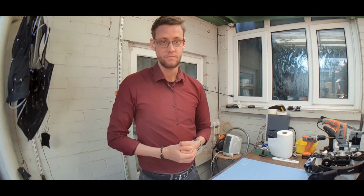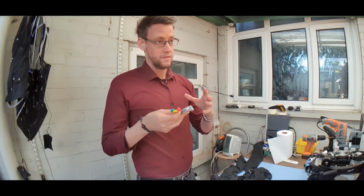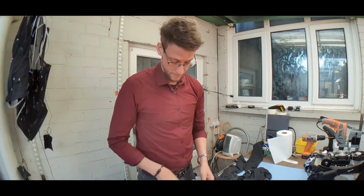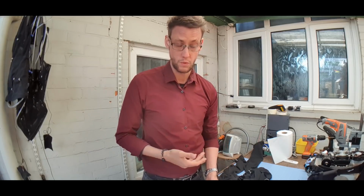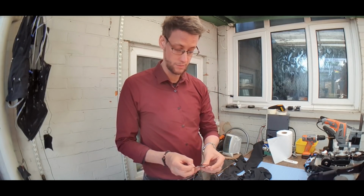So let's do this. First things first, the thing that's going to be in contact with your skin is the muscle sensors. I've got two different versions of the muscle sensor. I bought 36 of each for the respective muscle groups that I'm going to be working with, because I'm not completely set on which permutation of the sensors I'm going to go with. We've got two different types. We've got this one here,